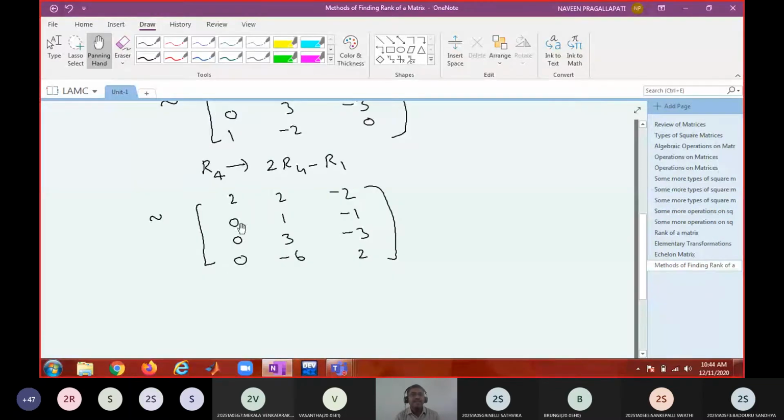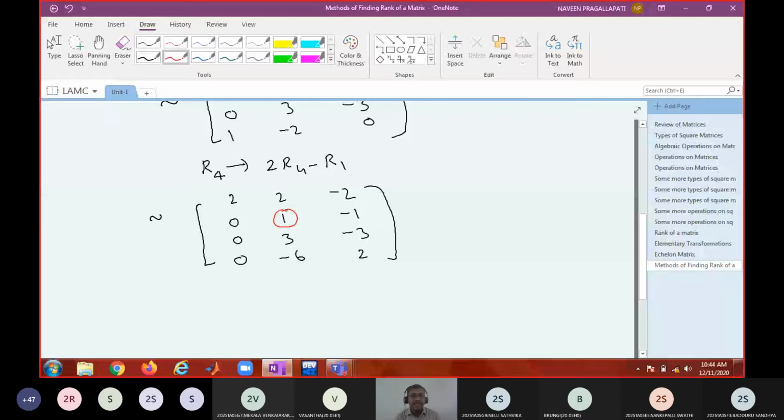Go to the second row. Whatever procedure you applied for the first row, same procedure you apply to the second row. In the second row, which position do I have to look at? Second position, diagonal position. Is the diagonal position occupied by a non-zero entry or not? Yes, sir. Therefore, can I call this a pivot? Yes, because this is the first non-zero entry. So once you agree that this is a pivot, immediately round it.